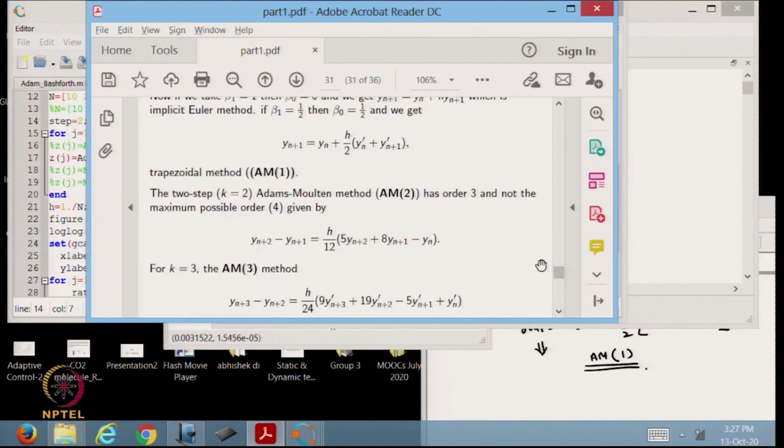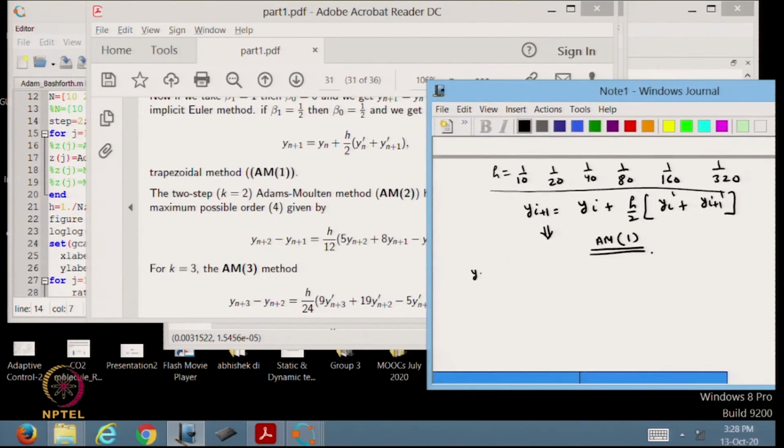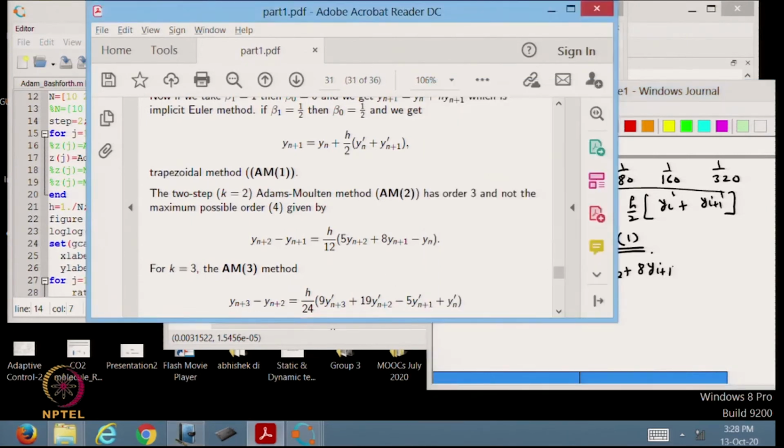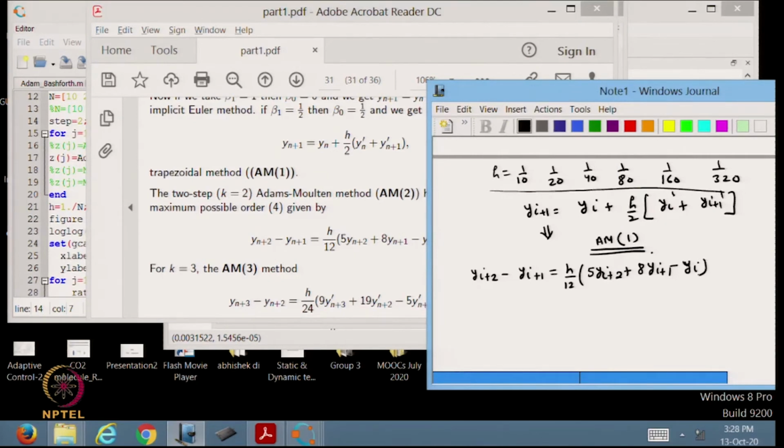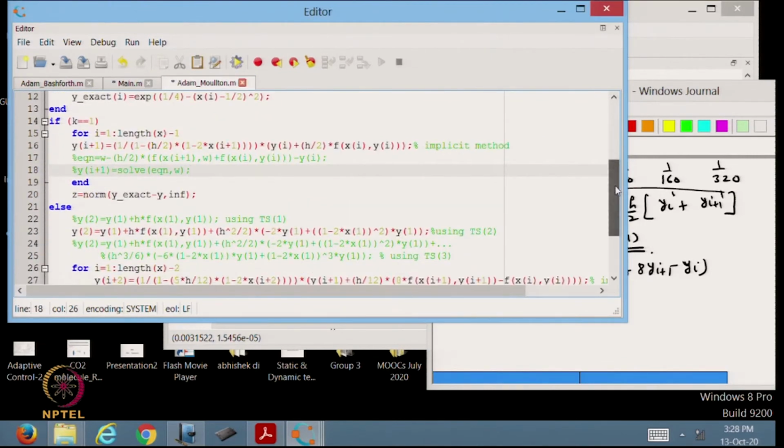So, the AM1 is this, which is the trapezoidal rule, which we have already seen, and AM2 is this basically, which let me also write down here. Minus yi. Okay.